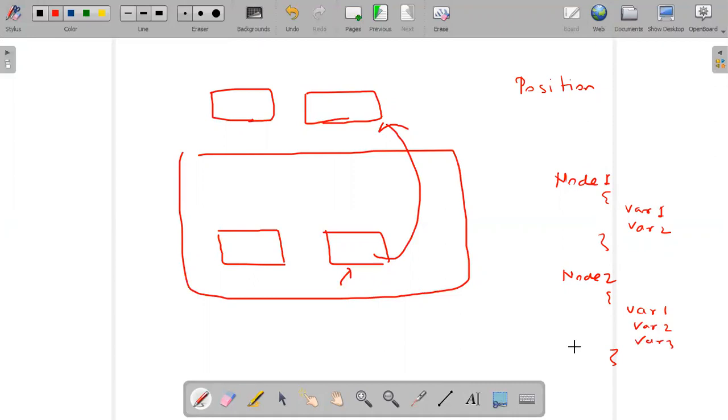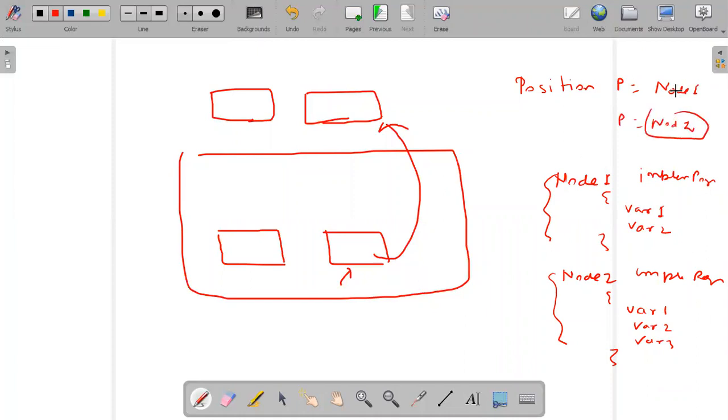I can create an object of Node 1 as well as Node 2 if both implement position. Then this position P can hold a Node 1 object as well as a Node 2 object, right? Is everyone aware of this concept or not?